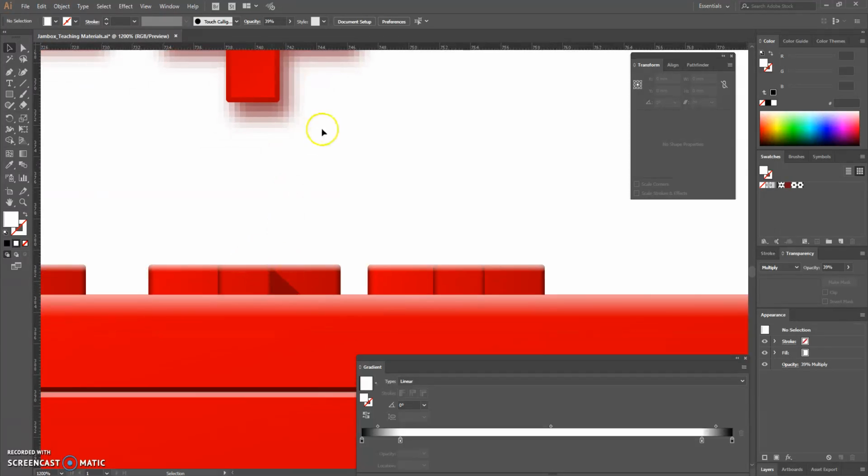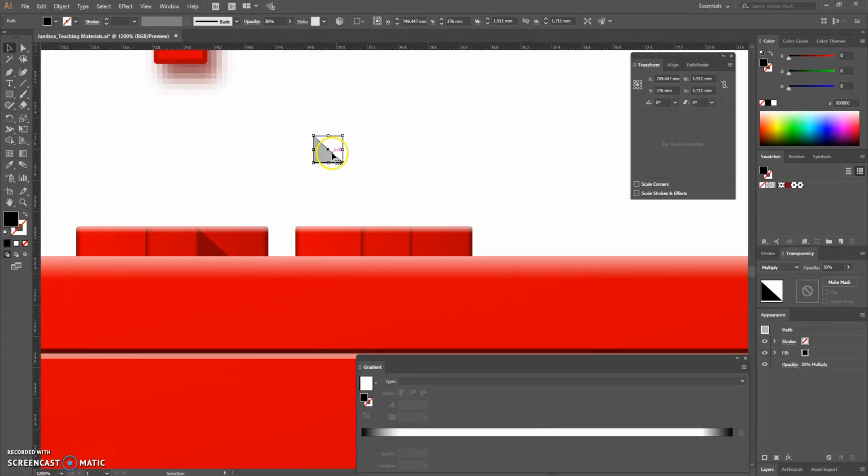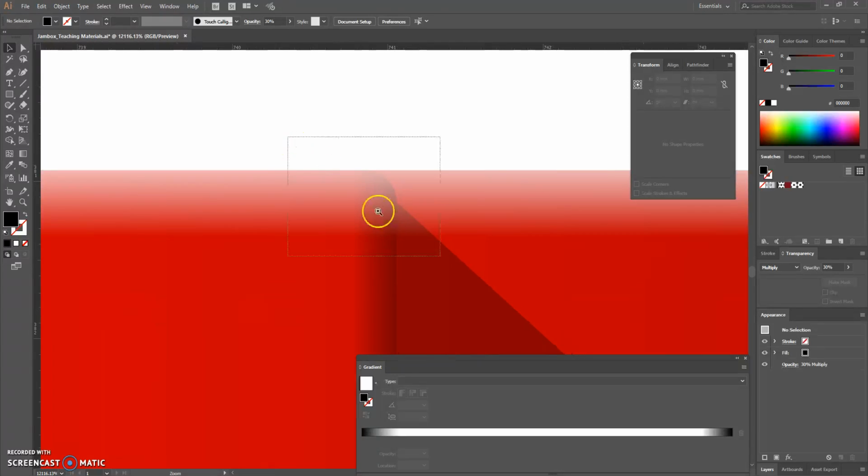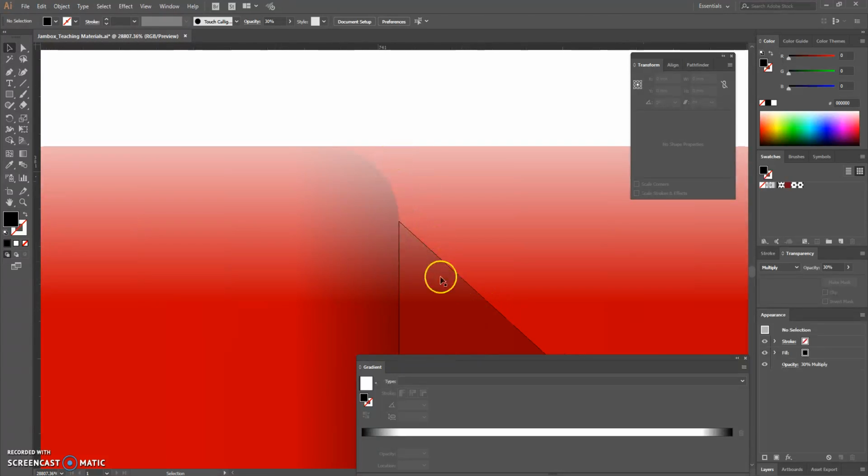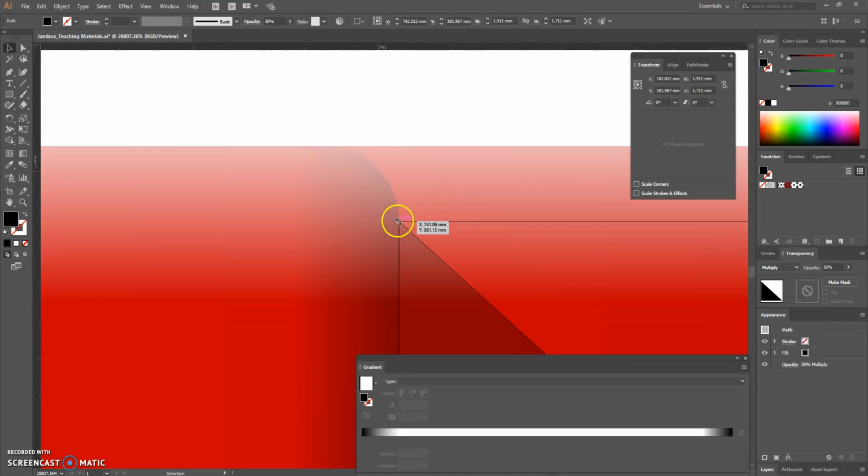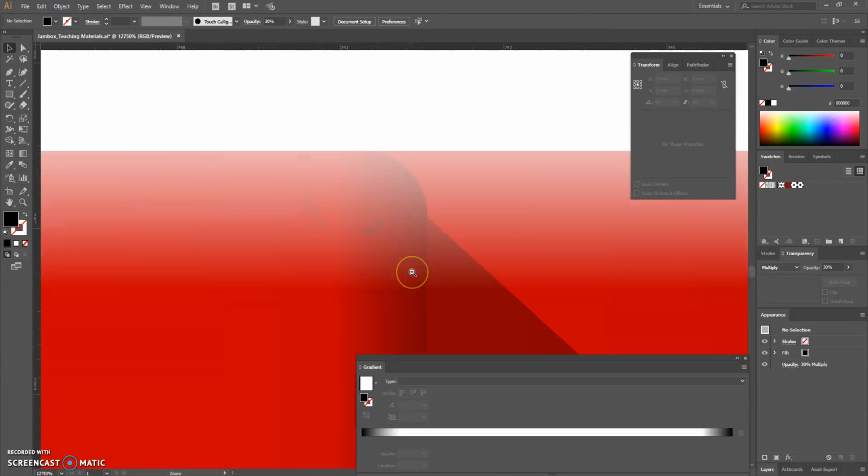The shadow for this corner here is basically just a triangle. So that triangle is a full black, multiply opacity. I drop it to 30, and then I just put it at the edge here. Make sure that when you draw, right, the edge of the triangle does not fully close. What I mean by that is that, let's say for example I fully close the edge, it will look kind of weird, right, because there's a missing gap here. So drop it close near to the fillet edges here. Okay,